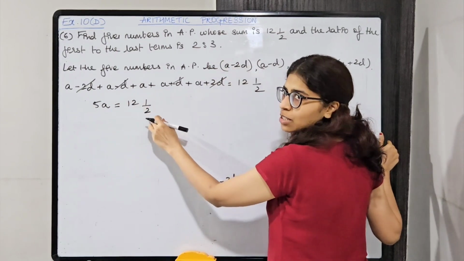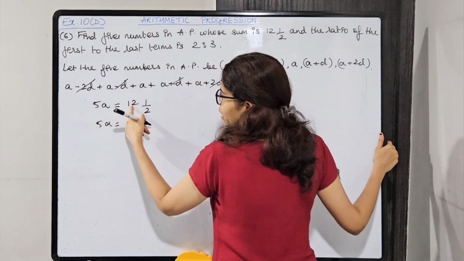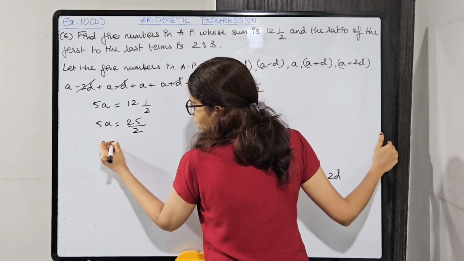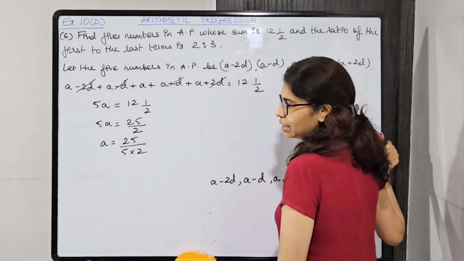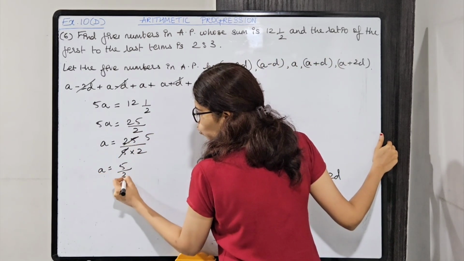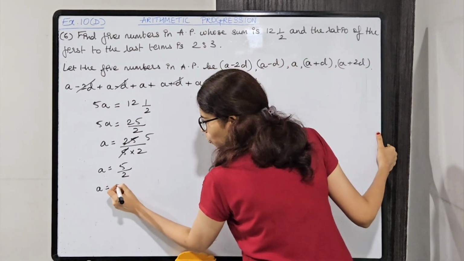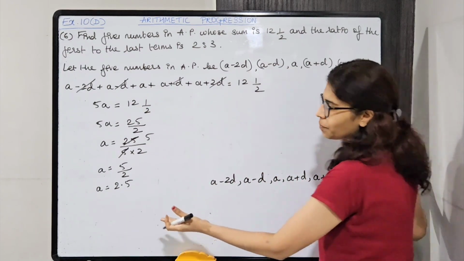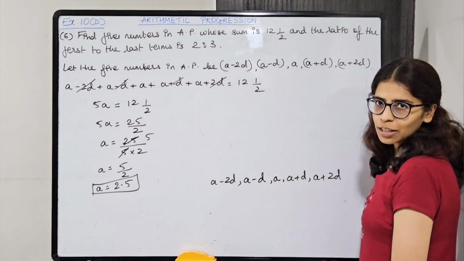This is a mixed fraction, let us solve it. So that will give 2 12s are 24, 24 plus 1, 25 by 2. So A is 25 upon 5 into 2. Correct? 5 5s are 25. So A is 5 by 2. It's better that you express it in decimal form. It will be easy here. So 2.5. Okay. Since it is a terminating decimal, it is easy. So 5 by 2 is 2.5. We got the value of A. Now we have to find out the value of D.